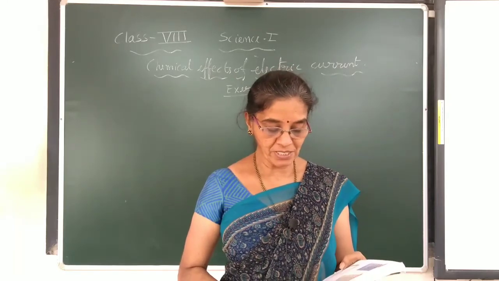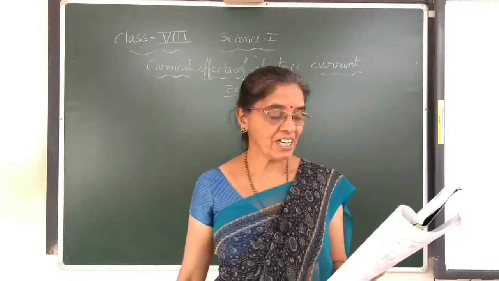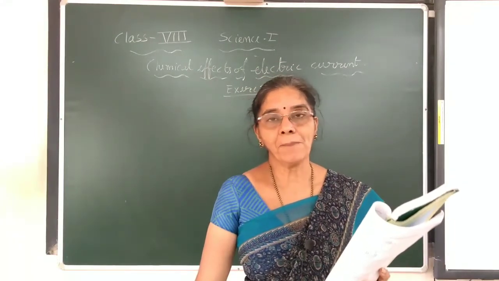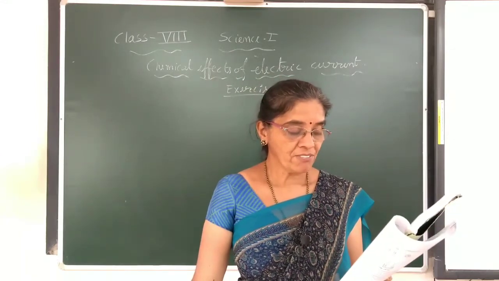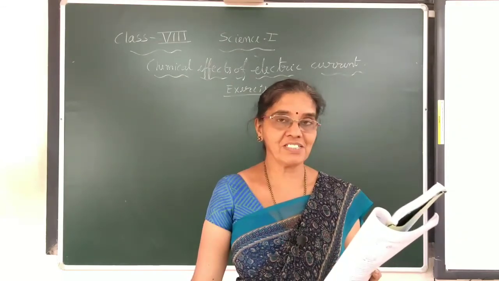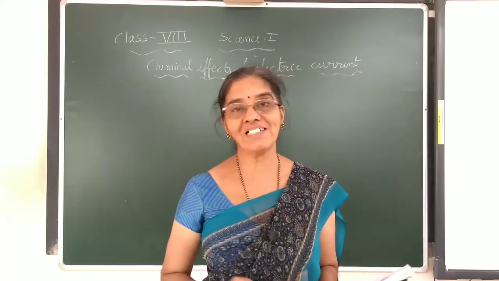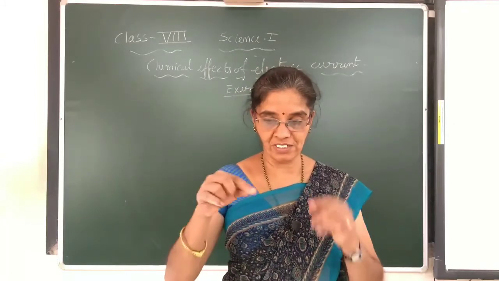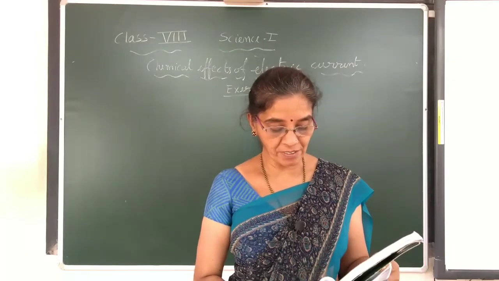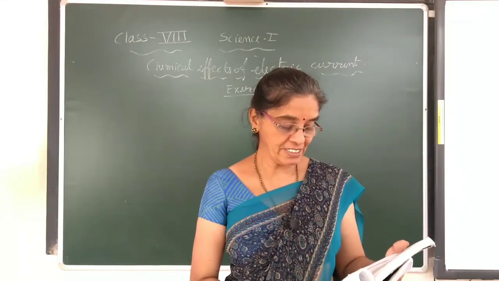The process of depositing a layer of any desired metal on another material by means of electricity is called electroplating. Second one, when the free ends of a tester are dipped into a solution, that is the activity we did first, a simple circuit with the battery and the bulb, where the two ends of the wire are dipped. That is the experiment we did.